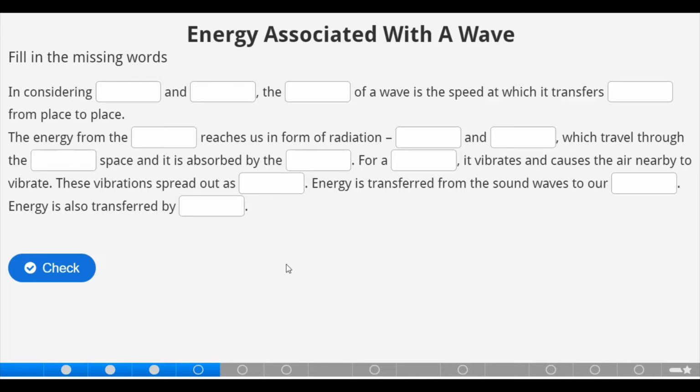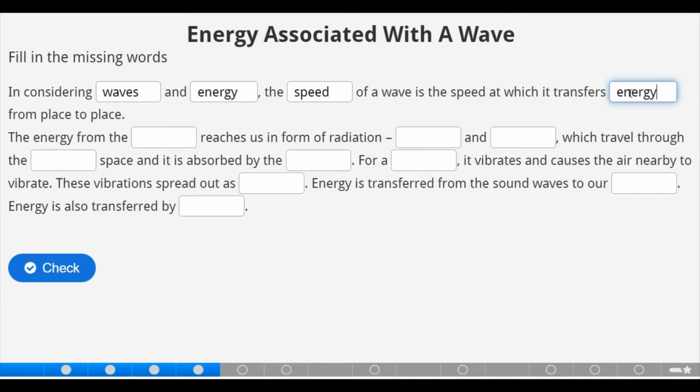Now, energy associated with a wave. How do you define the energy associated with a wave? Let's do that by filling in the missing words. In considering waves and energy, the speed of a wave is the speed at which it transfers energy